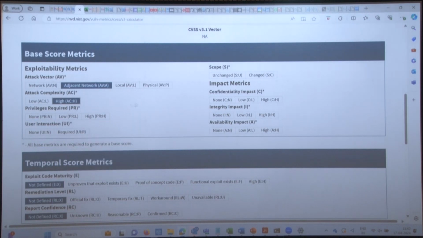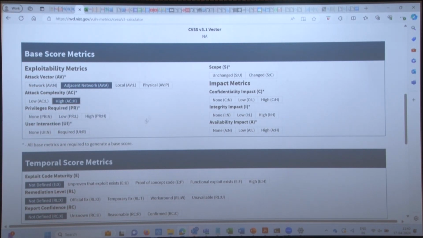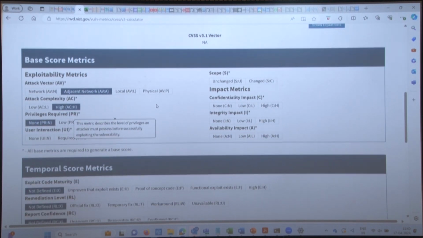Then I am saying privilege required. Do you need to be a high privileged user to exploit the vulnerability, or you can be a low privileged user, or you can be no privilege, that is you may be from the network, from the internet, right. You do not have any account on the system or anything, and you can still exploit it. If that is the case, then that is a big problem, right. So, let us put this in none, that I do not need any special privilege,